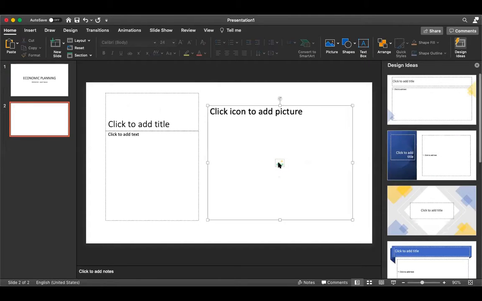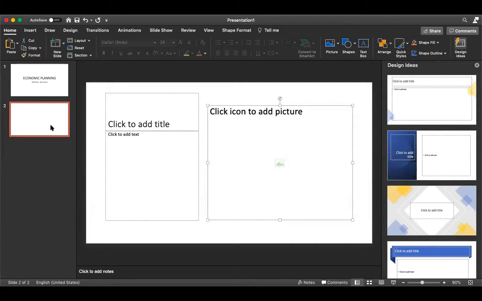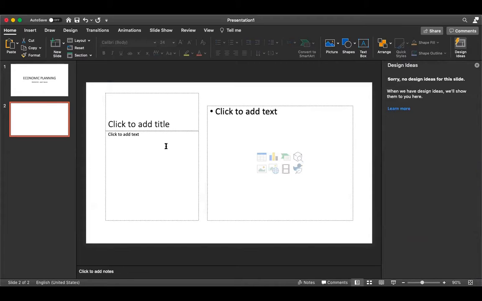you can add any picture out of it. Picture from your desktop, picture from your cloud, whatever it is, you can select that. So it depends on the type. For example, even if you have selected one particular option and you want to change it, you will go to layouts. Under layout, you just click on it,